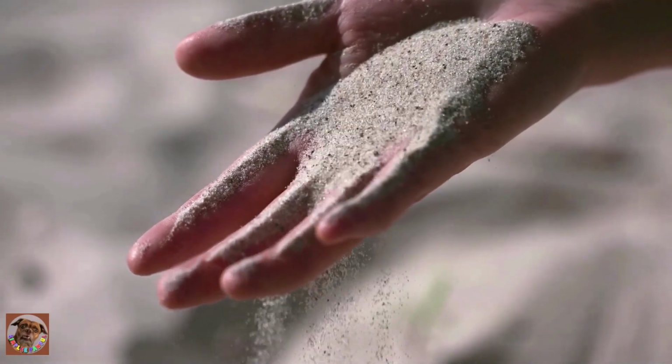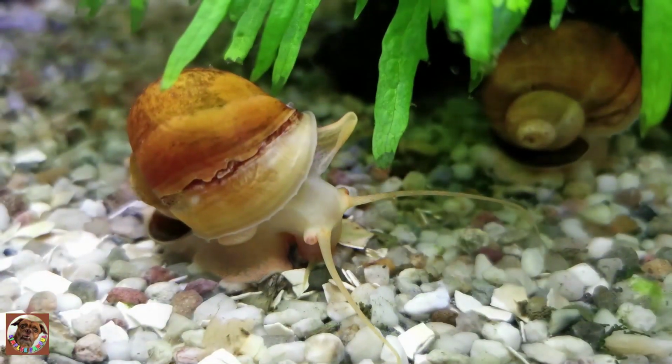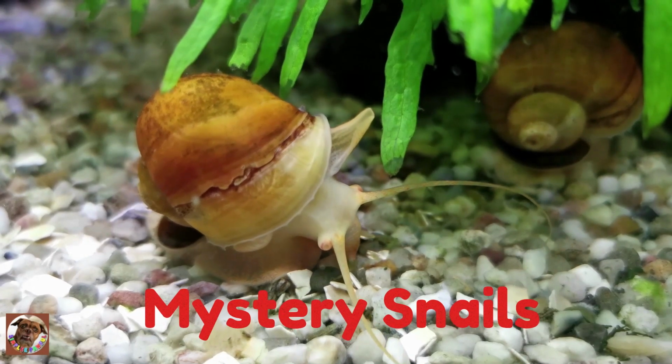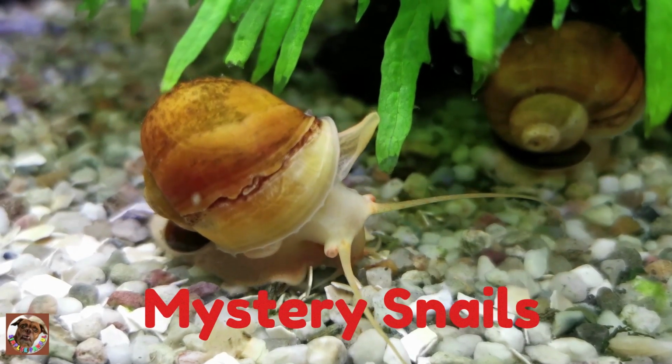So yes, freshwater tanks do get much, much more dirty than saltwater aquariums. So yeah, try to stay away from gravel. I recommend you use sand. It's just my recommendation. And then honestly, you do have some pretty varieties of fish in freshwater tanks, but they